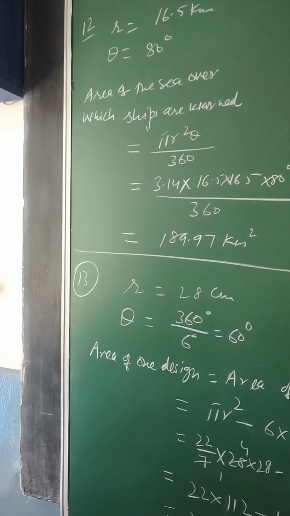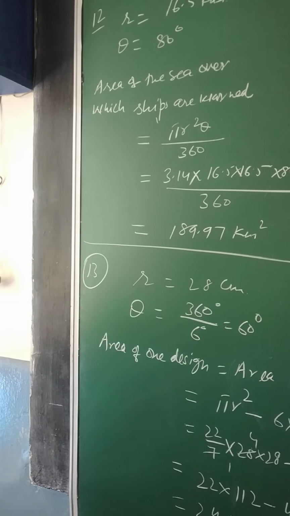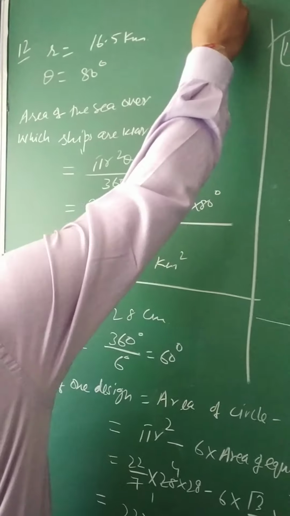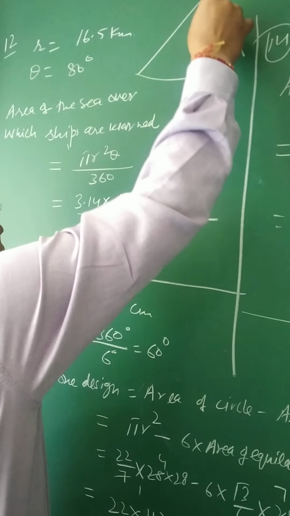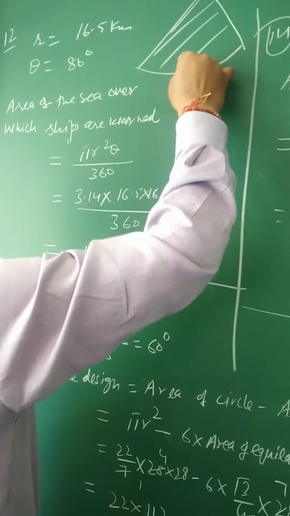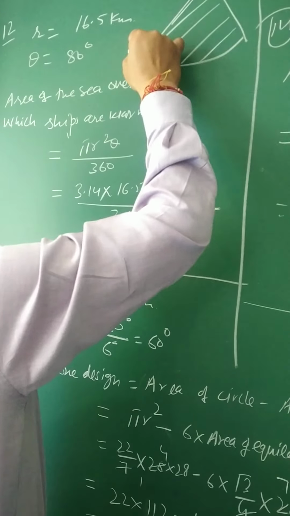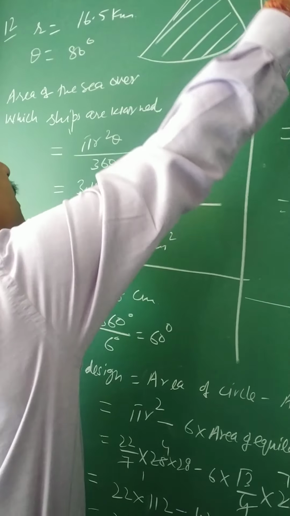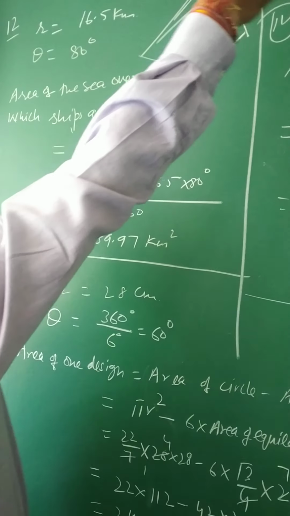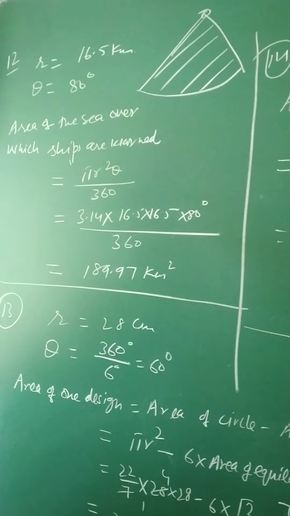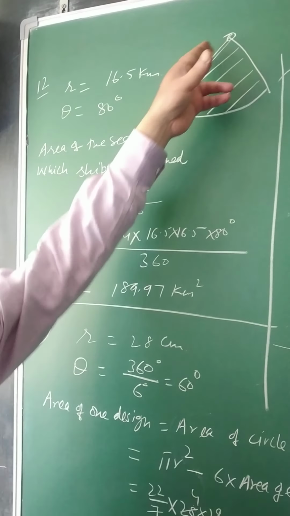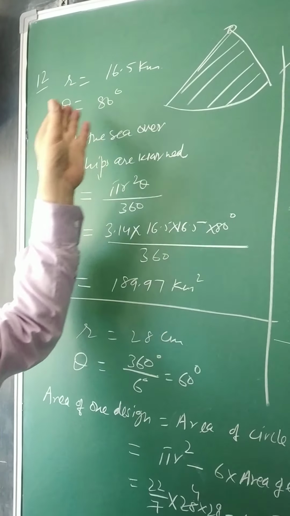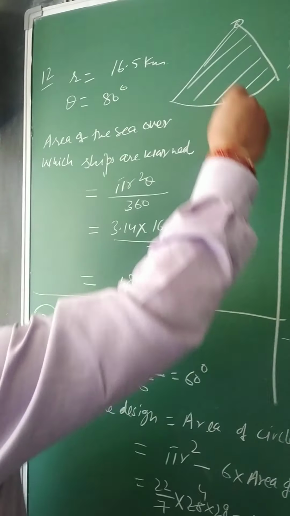So when the light is flashing to the one part, again that is falling in the form of a sector, somewhere like this from the single fixed point, and the ships are warned within the movement for this part. The complete path is the circular path because that is rotating in all four directions. So ships can be warned to a maximum length of 16.5 kilometers, at an angle theta,